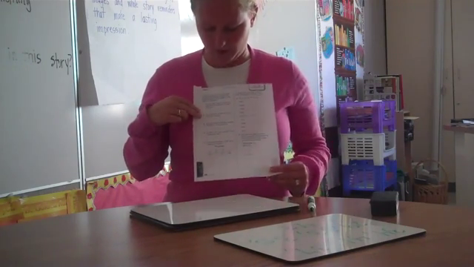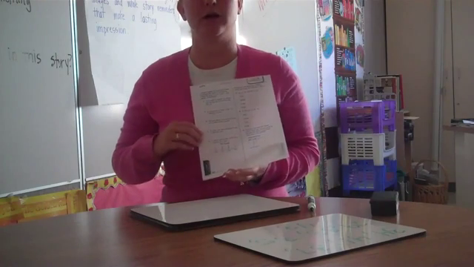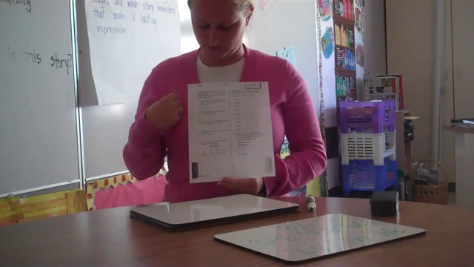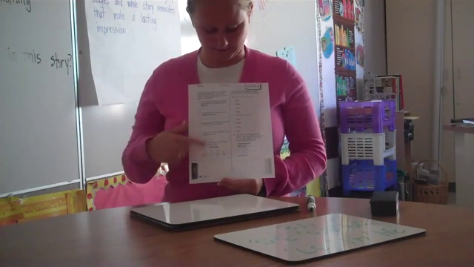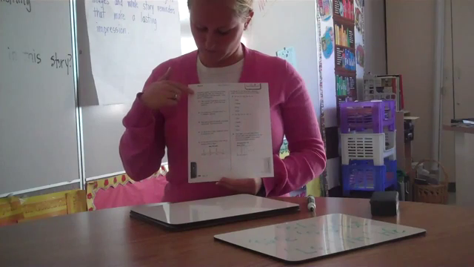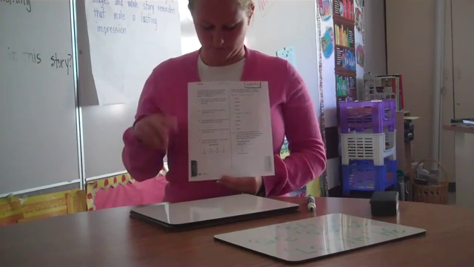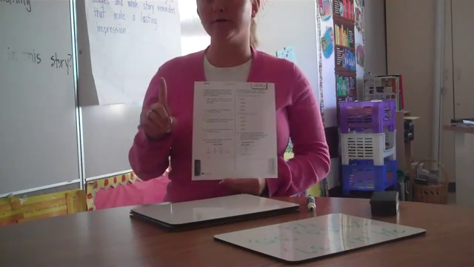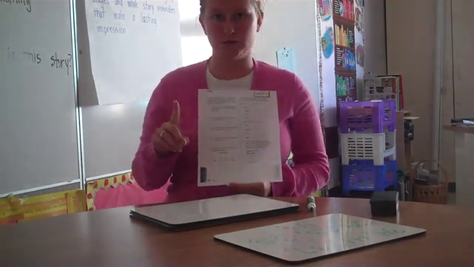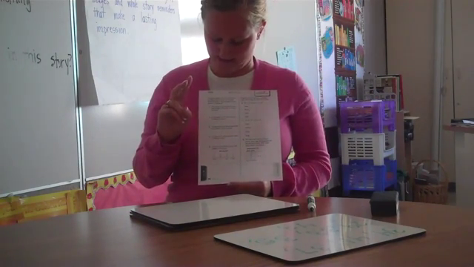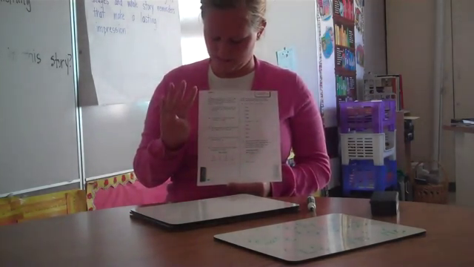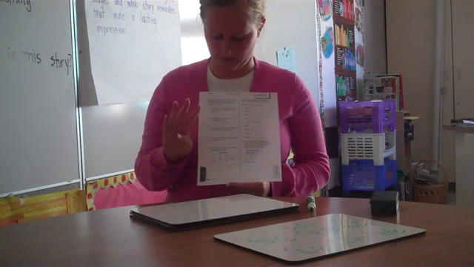Okay, so what I'm going to do is I'm actually going to go ahead and do the first 2 problems with you. If you look on the page that has the 92, not on the bottom, so page 92, it says choose a graph that you could make to display the data for 1 through 6. Okay, write either bar graph, picture graph, circle graph, or histogram. Okay, so a bar graph, it shows the totals. Okay, a picture graph uses pictures to show totals. A circle graph shows percentages, and a histogram